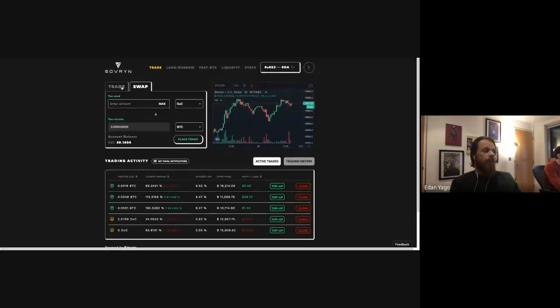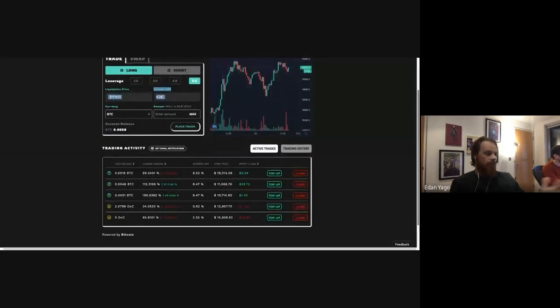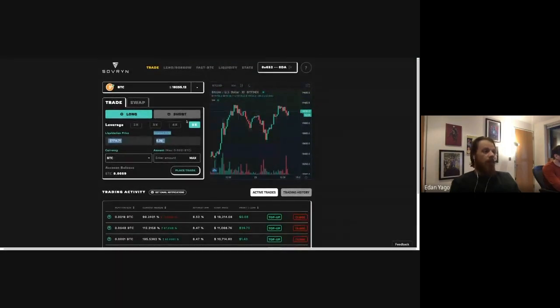With that AMM, we also allow leverage trading, so you can take leverage positions up to 5x. And this is done by borrowing from our lending pool and then using those funds to trade on the swap. And you can track all of your transactions over the course of this type of activity, and you can go both long and short. What's interesting is if you only have Bitcoin, but you want to get more Bitcoin, if you're like me and you don't have any dollars to buy the Bitcoin with, you can actually lever up your existing Bitcoin, so that you're basically buying more Bitcoin with your Bitcoin.